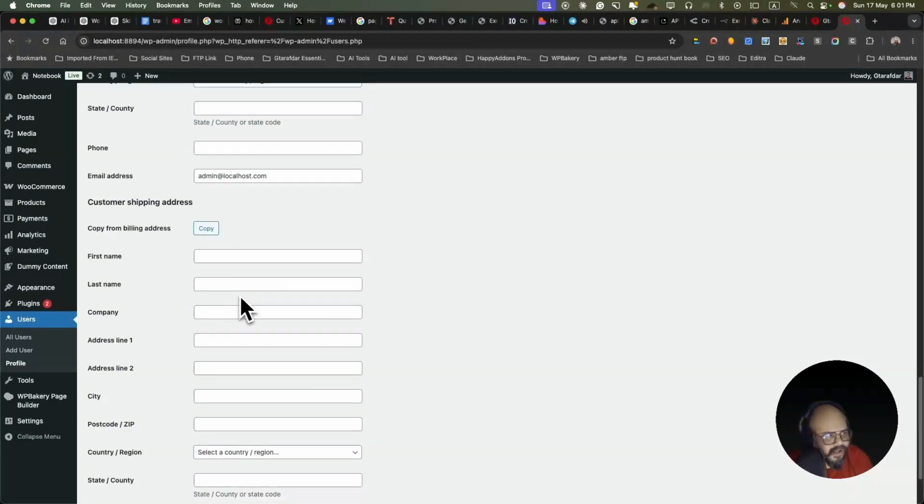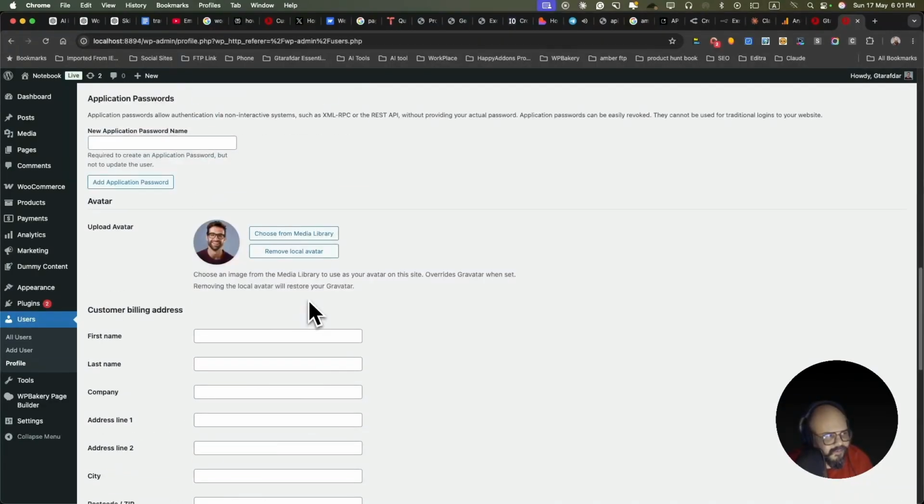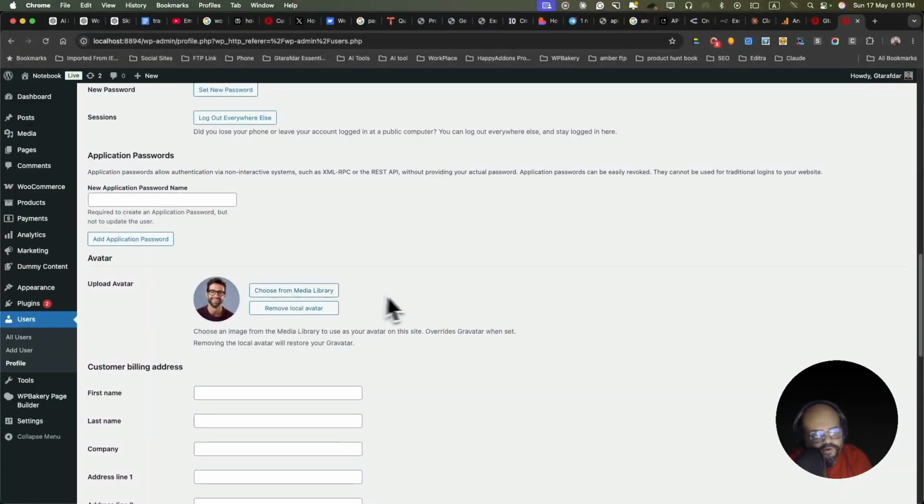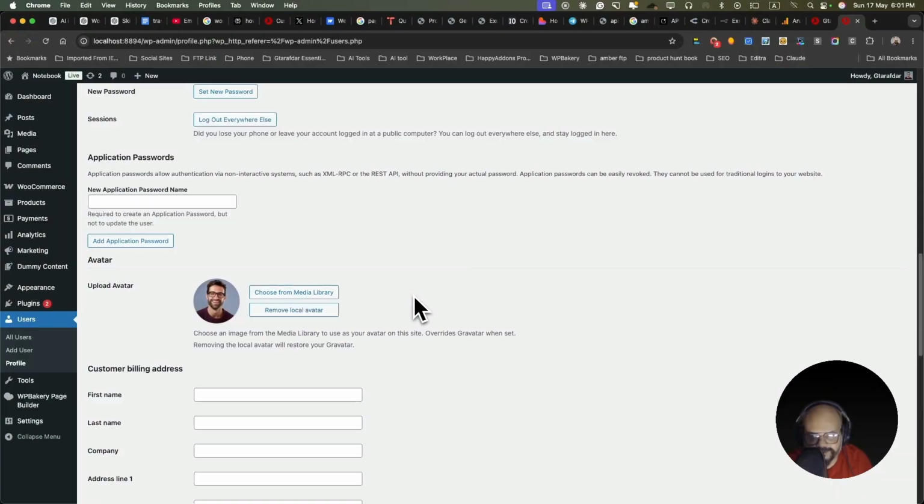So I have added an option. You can upload your local avatar. I think this is pretty cool, right? You can add your local avatar. It should be obvious there, because